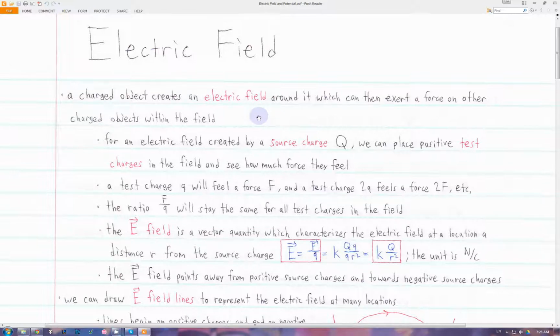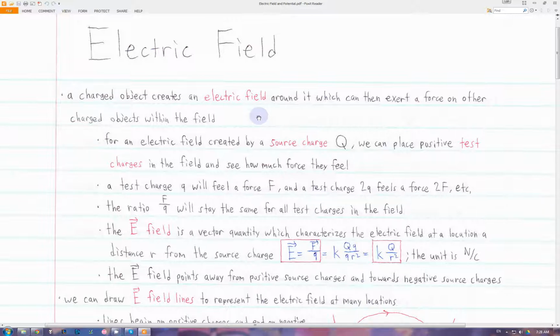So we know that charged objects, when they're close together, will exert a force on each other, and we can find that force using Coulomb's law. But how do they actually exert that force on each other? Because, as we know, they're not actually touching in any way. So one way to explain this is to say that if we have a charged object, then it